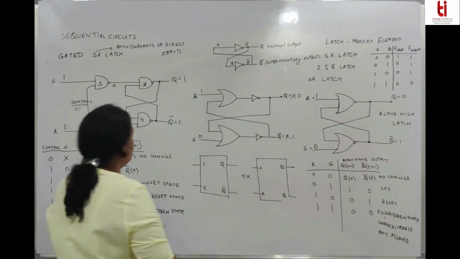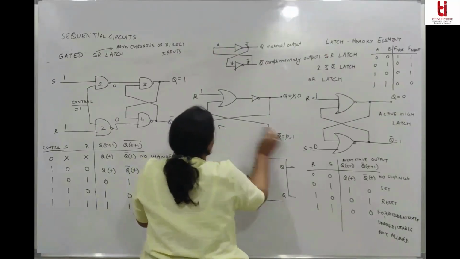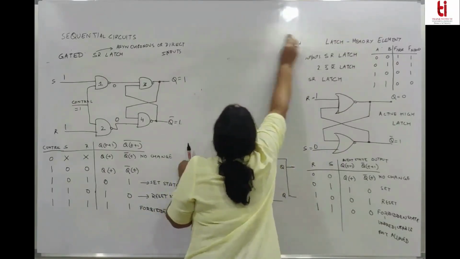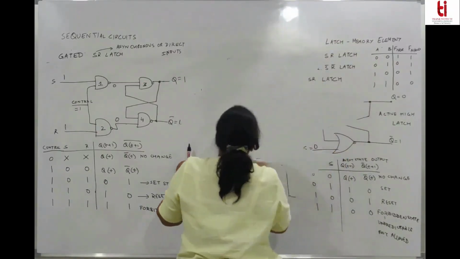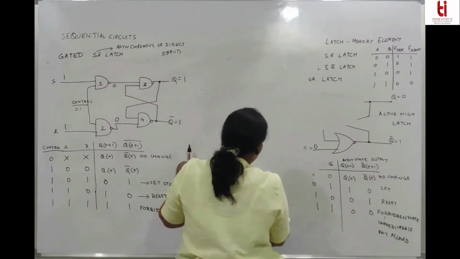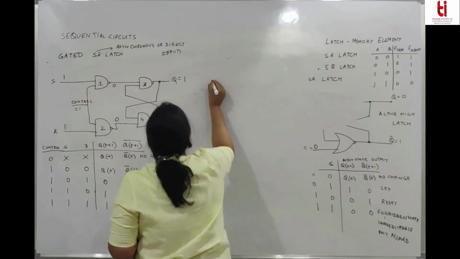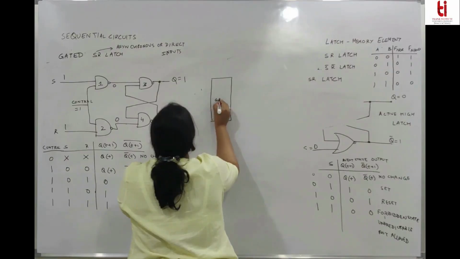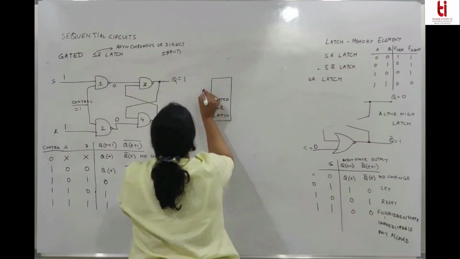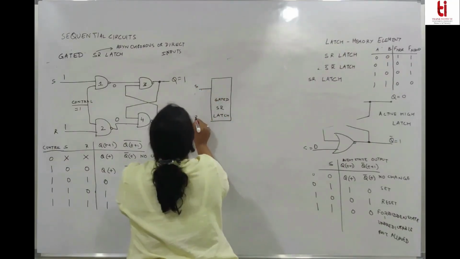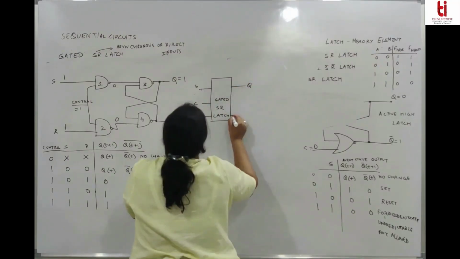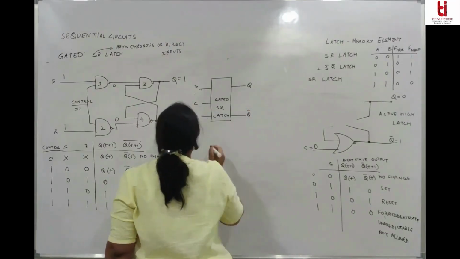So what we did was we looked for another latch. It is called a gated latch, where this forbidden state is eliminated. Let's draw the symbol of this. Gated SR latch. We have S, we have R, we have control signal C, we have Q, and we have Q bar. Or the other way around, you can have